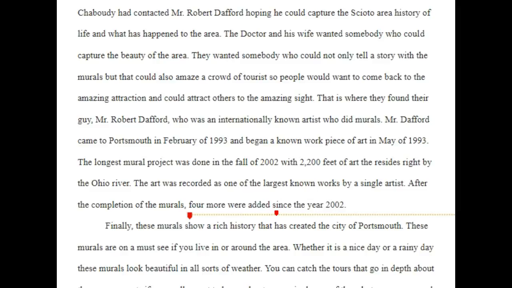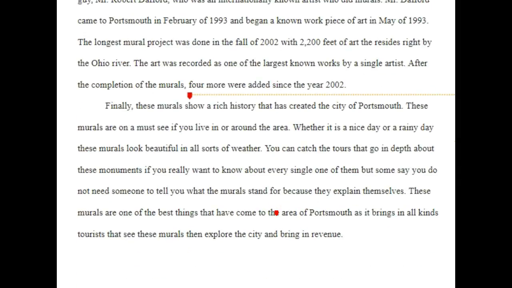I guess maybe I'll close with this. At the end, you make a point here that I think is something you might be able to revise around. "These murals show a rich history that has created the city of Portsmouth." All right. What do they want us to know? What do they want us to think about the town, given the two murals that you're going to analyze? What do you think those murals are trying to tell us about Portsmouth? And then here's the really important thing that a lot of folks struggle with: how do they get that message across about the town? That's going to be huge going forward.